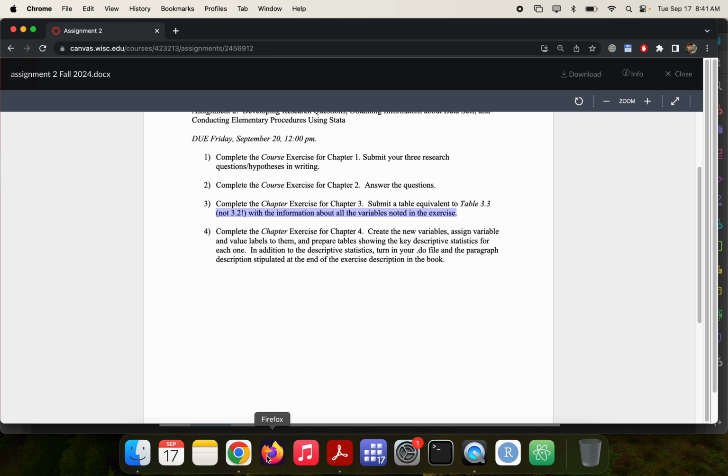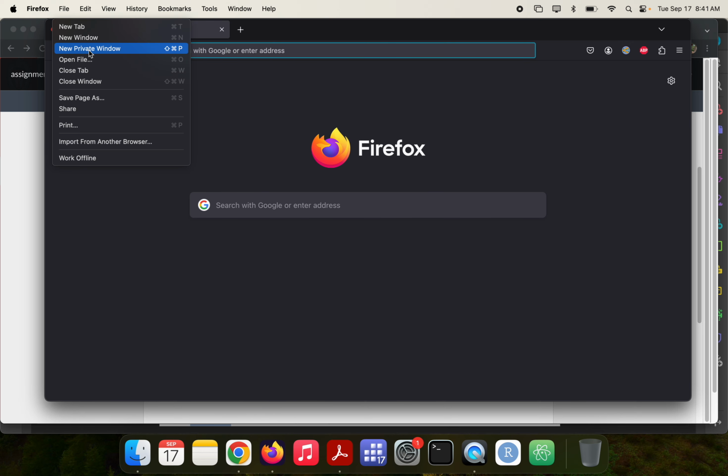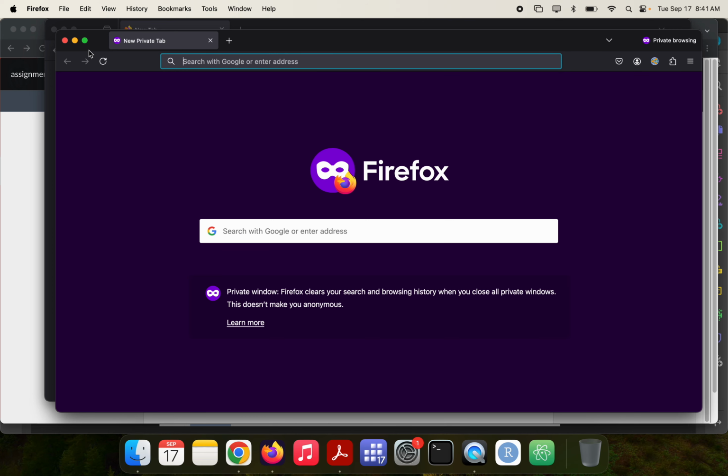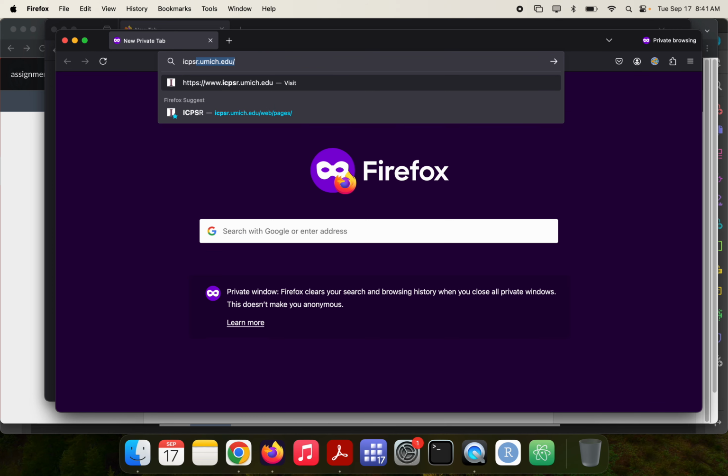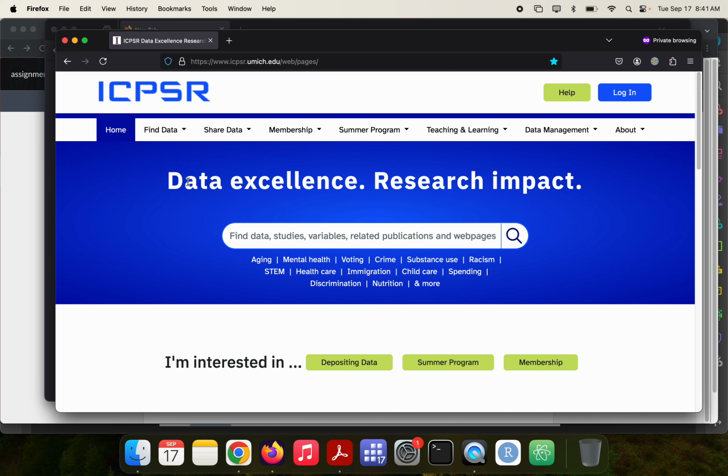So I'll open a new instance of Firefox here, and I'll show it in a private window so that you can see what this looks like when you're not logged in, and how you want to log in. Of course, I have the website saved to my favorites, but I'm just going to Google it. So ICPSR, you can just Google. You go to the Michigan website, and you can see here that there is a lot of information on this